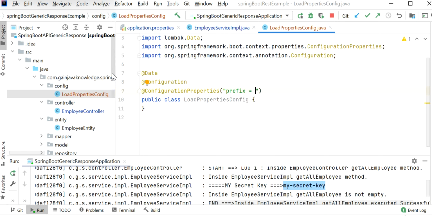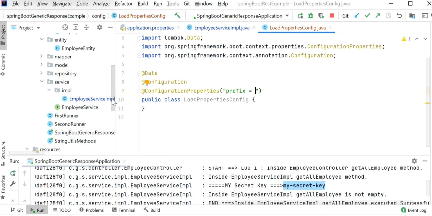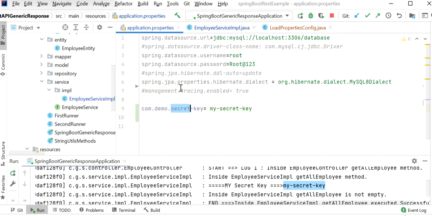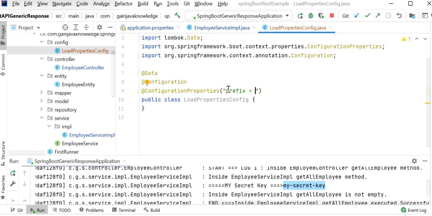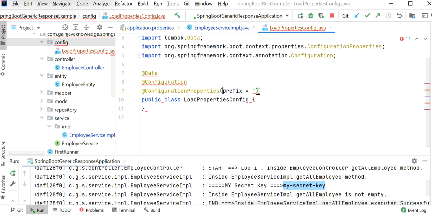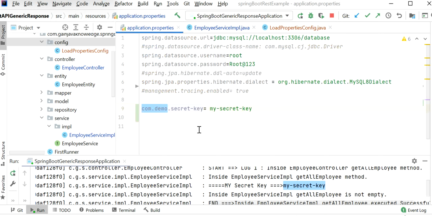Let me go to our application.properties file. From here we will pick com.demo as the prefix value. Let me go back to our properties config file, remove this, and paste com.demo. Now I need to read this property in our configuration file.